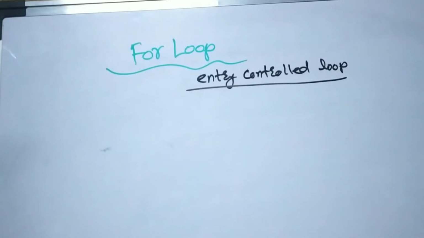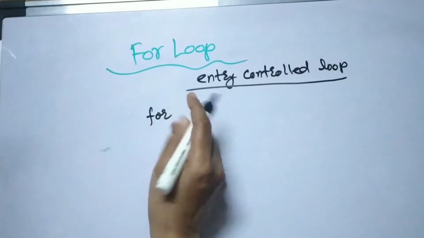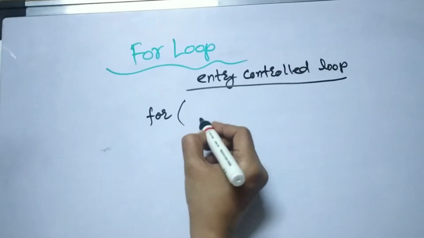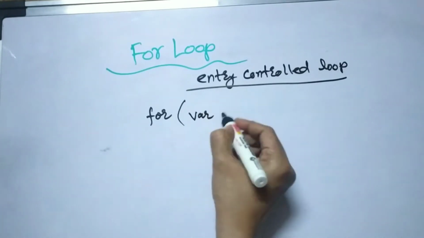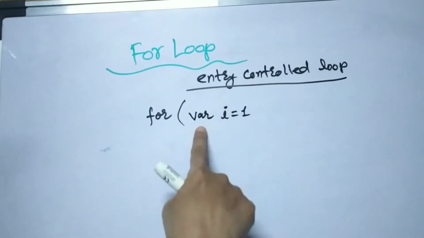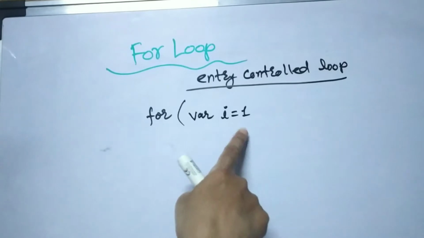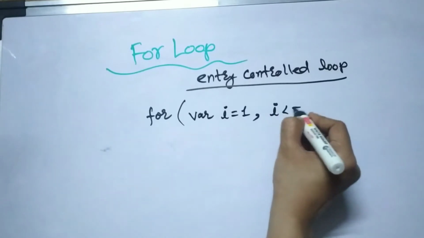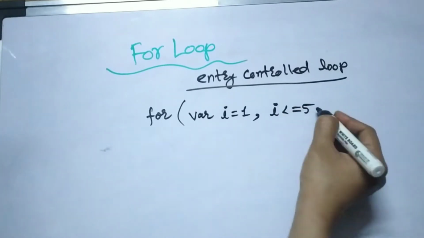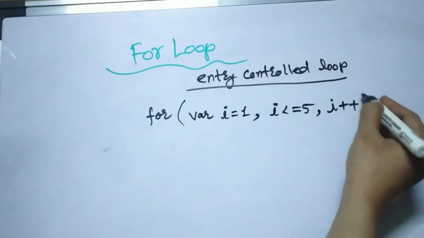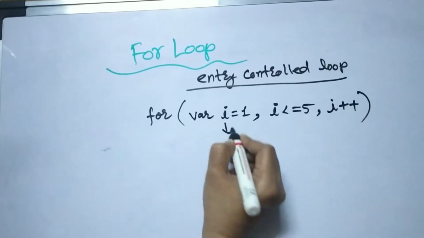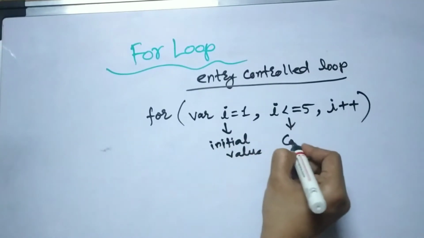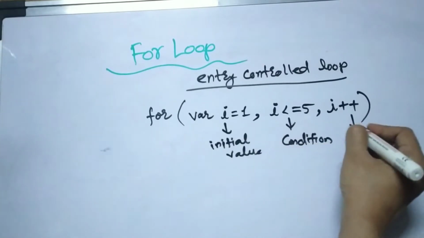So friends, here we will see its syntax. So it is a for loop. For is a keyword here. In the bracket, friends, we have the initial value of the variable. Suppose for example I is equal to 1. So we are declaring and initializing the variable, giving it the value I is equal to 1. And we are saying I is less than or equal to 5. This is a condition. And then we have I plus plus, which means increment. So friends, this is the initial value of the variable, and this is the condition we apply so that the loop will execute, and this is the increment.